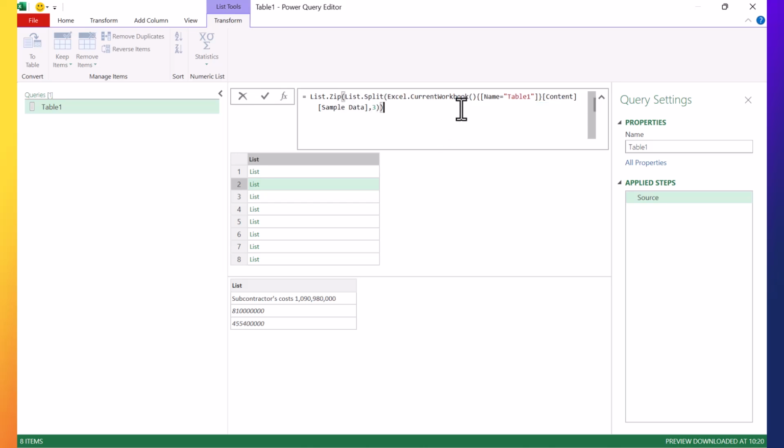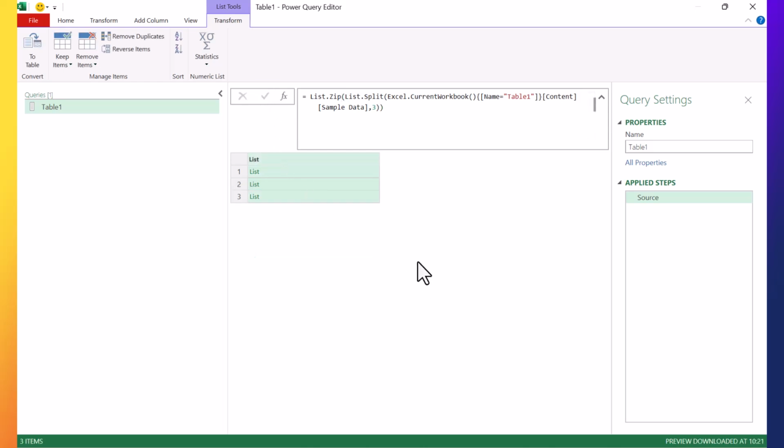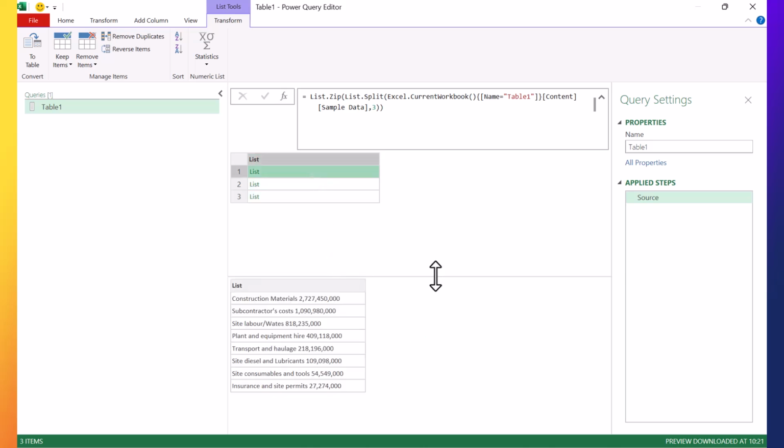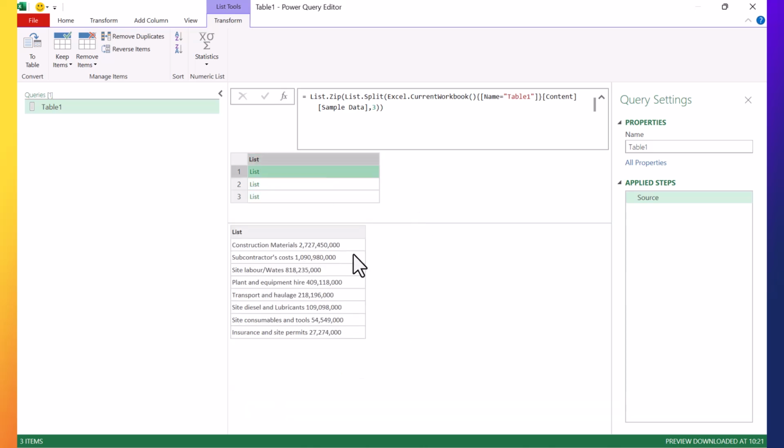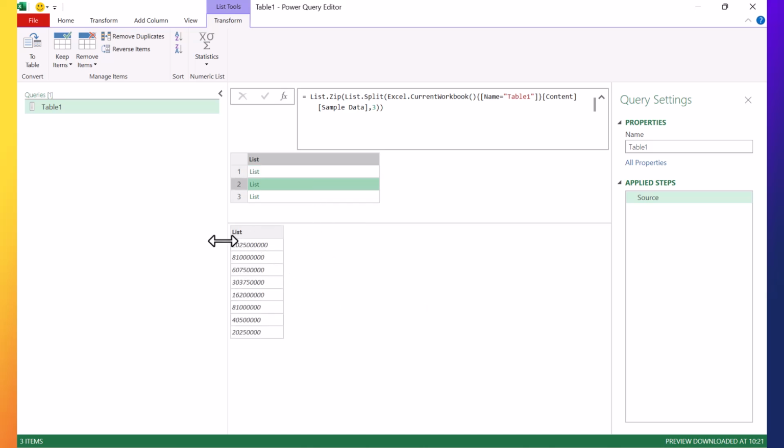Then at the end of the query, I'll close the bracket and hit the tick mark. Once I do that, you can see that I have 3 sublists. And expanding the sublists, you can see now the first one has all the values belonging to year 1. The second list has values belonging to year 2, and the third list contains values belonging to year